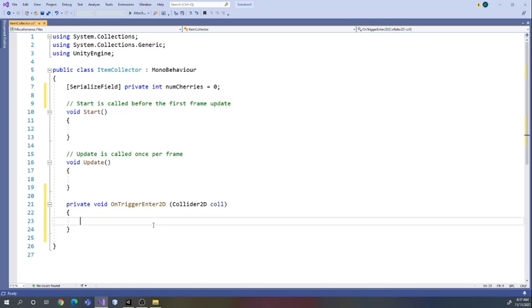So this is on our player, so the script. We want to say if the collision, right? So if our collision dot game object is with the player, so we want to compare it to the player. So if the collision dot game object dot compare tag is with the player,